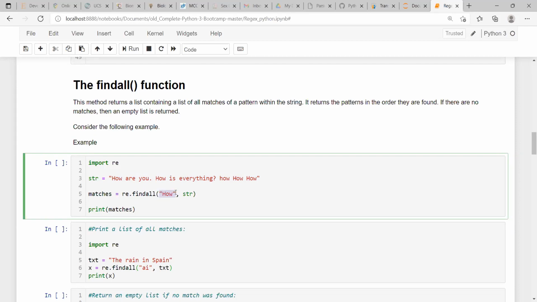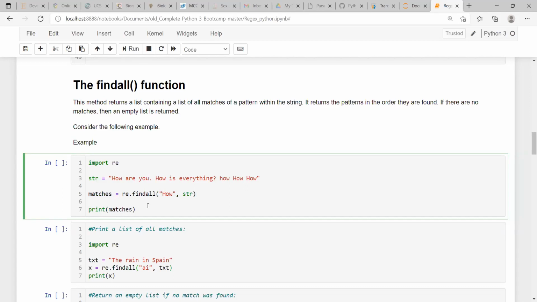Within parentheses, you write what word you want to extract or search for, comma, the string on which this findall operation will be done. Whatever output it gives is stored in this variable, matches. Matches is just a variable name, don't be confused. Now, if you print that matches, what will happen?